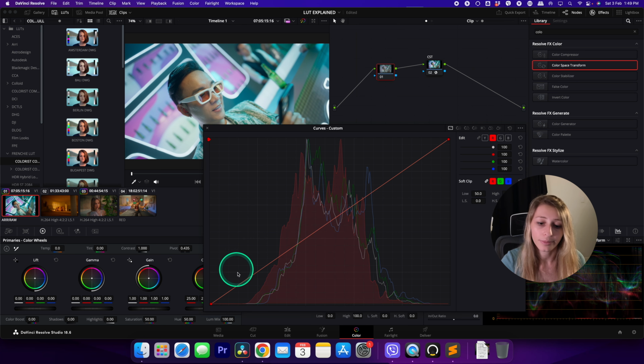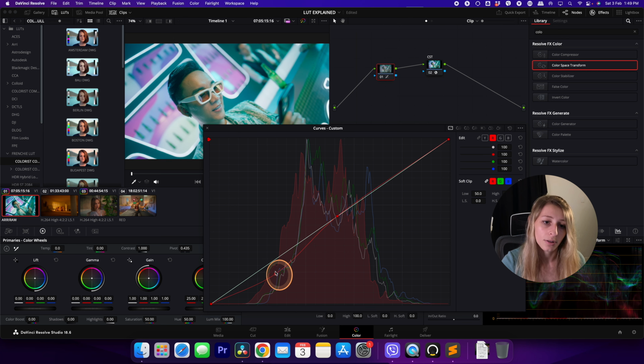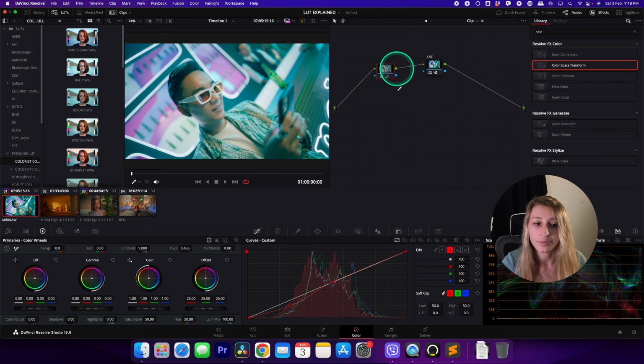We do the same, okay? So we do the same, and we split tone. We split tone to have something like this, for example. Okay, very green, but you know, this is what our DP wants. So we're just gonna put split tone,